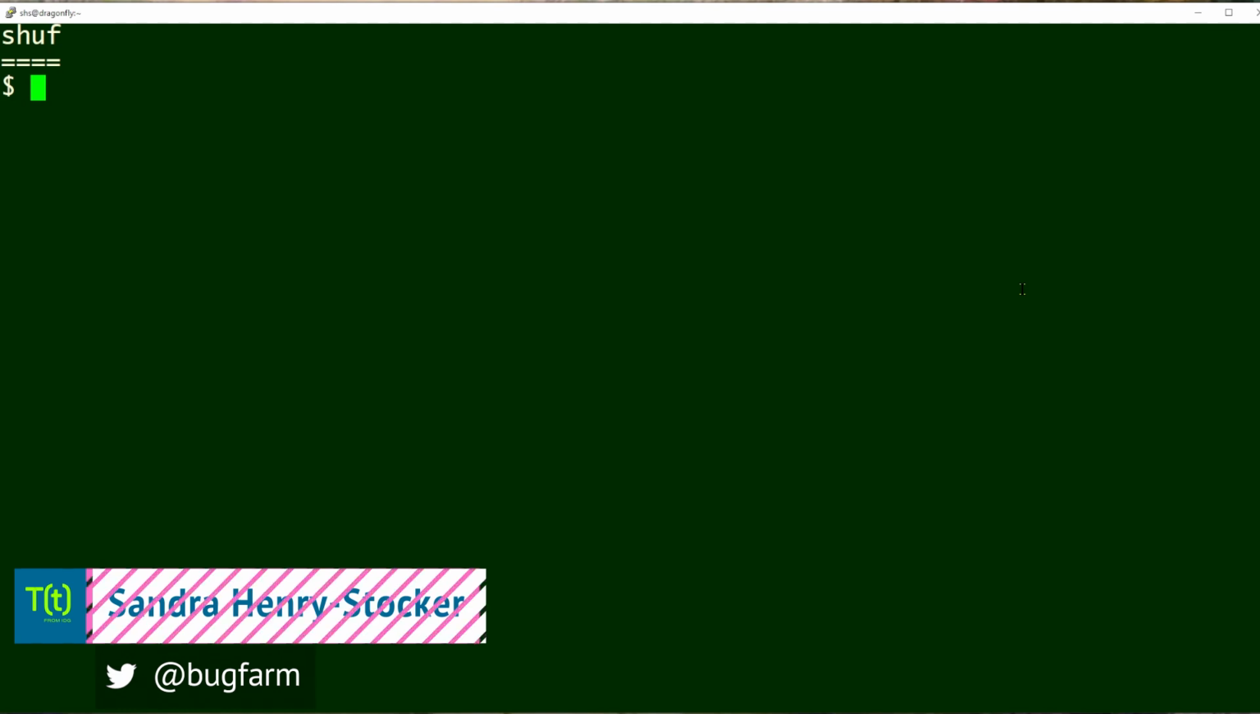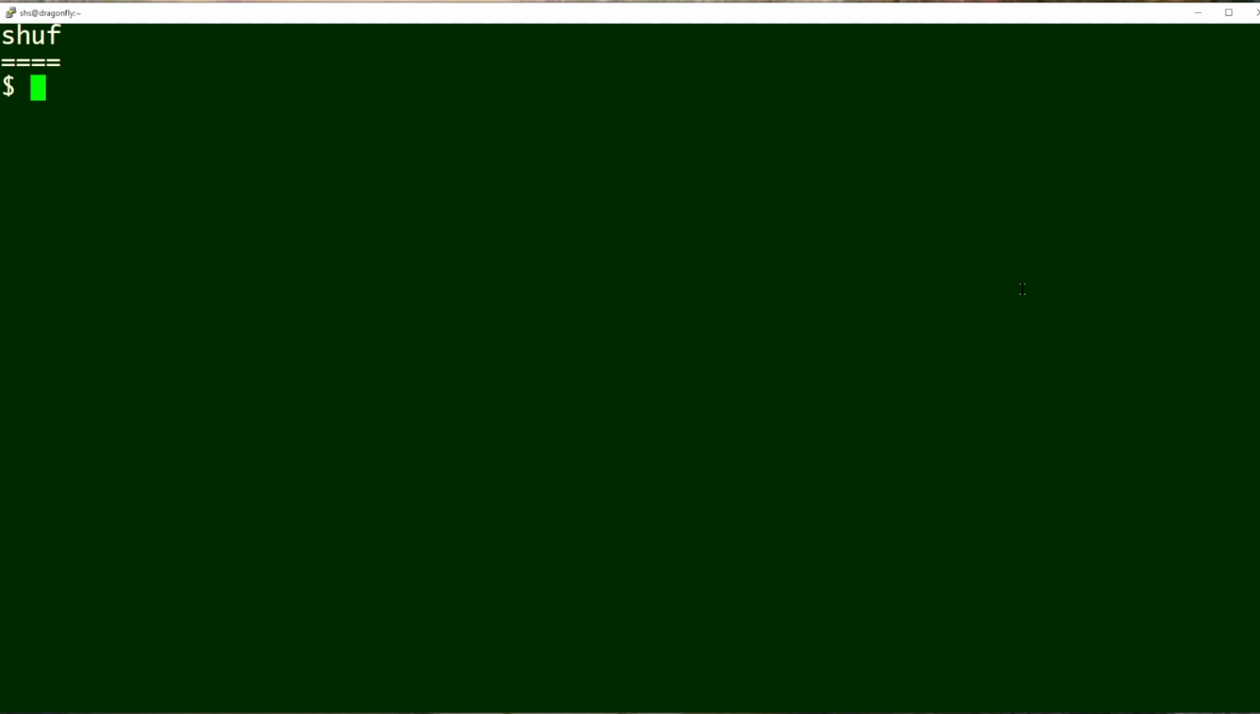In this Linux tip, we're going to look at the shuf command, short for shuffle. It randomly rearranges lines from a file or output that is redirected to it from some other command. For example, if you wanted to rearrange the contents of a file every time you looked at it, you could